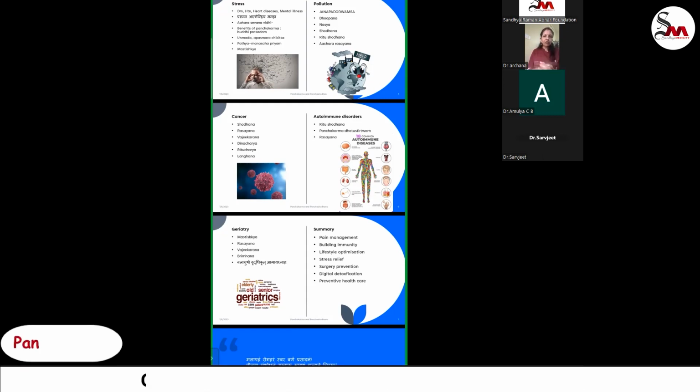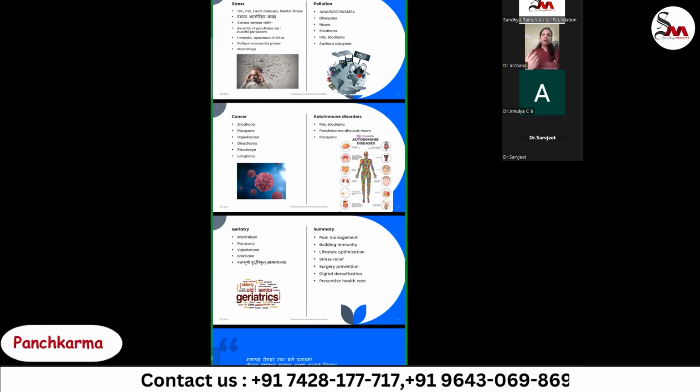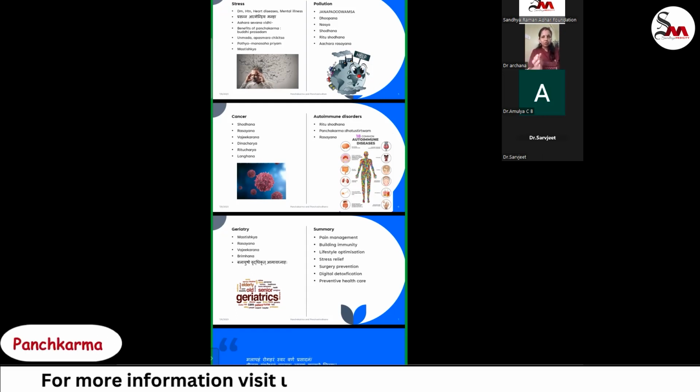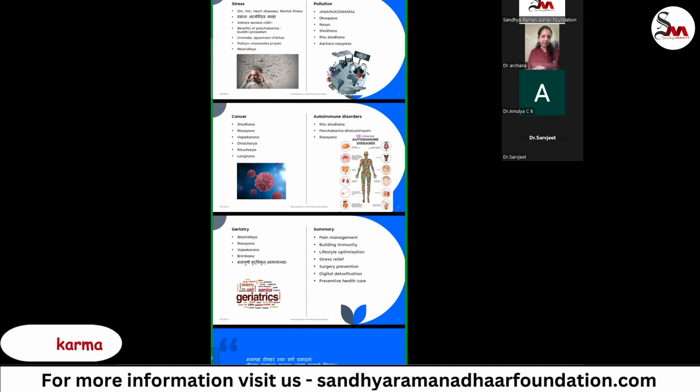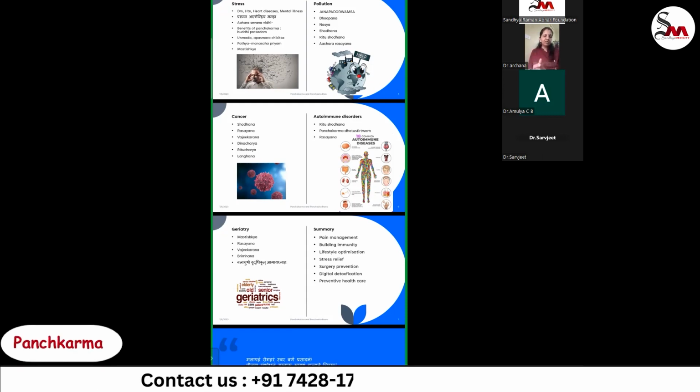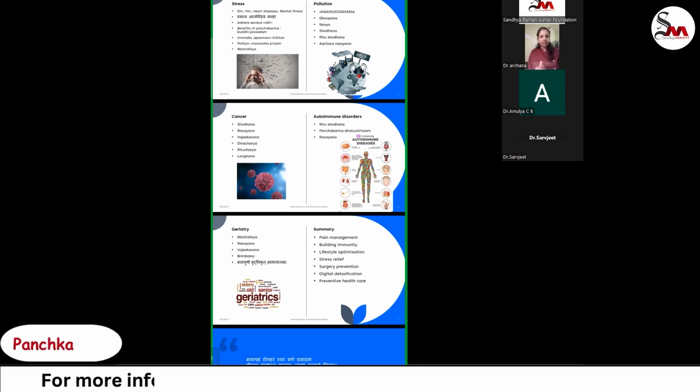So we can go for Pratimarshanasya or Brahmananasya or Anuvasana Basti, that is Matra Basti, Sneha Basti. Though not Shodhana, we can involve them in some Panchakarma procedures where they may feel improvement in the quality of their life. We cannot change much in an aged patient, but we can improve the quality of life by Panchakarma,